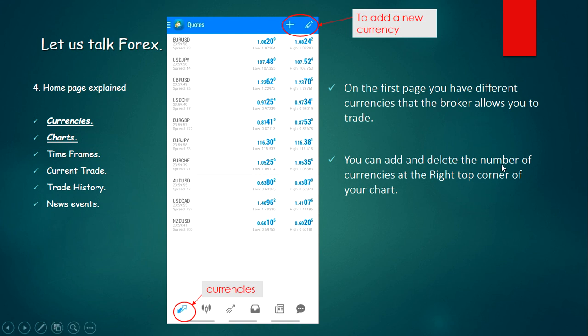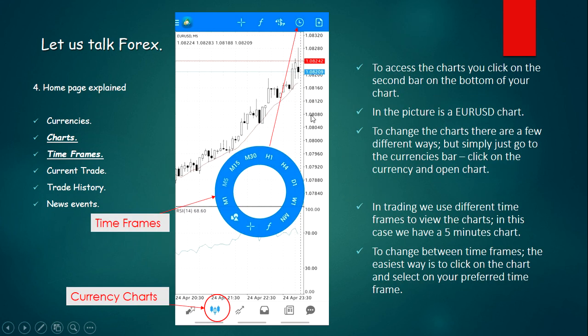So on to the next thing, we're going to be looking at charts and the time frames. Okay, so the second part, the lower part, is the currencies charts. That's where you're going to be able to see the charts. So this is a Euro USD chart. Then if you want to see the time frames, just click on